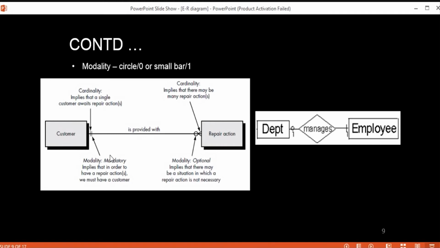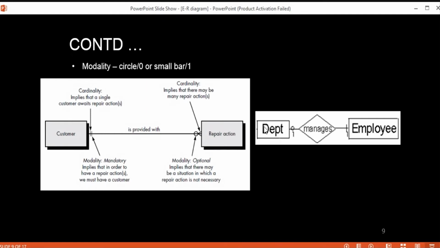If we have a circle across a relationship, which looks like a 0, it indicates optionality in the relationship, meaning zero instances can occur and the existence of that particular entity can be optional. And if we have a crossbar, a dash line, which looks like 1, then it tells you the minimum number in that relationship is 1. That means the existence of that particular entity is mandatory.